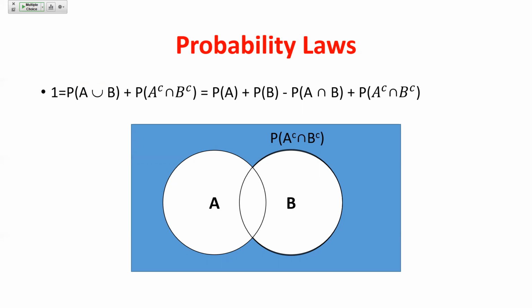That was where I had the vertical and horizontal lines, and where they overlapped was what was not in A and not in B. If you want to go back and refresh from that, you can, but for now, if you don't remember that, believe me that this blue area represents the intersection of the complements. What's the area that's in that white area? Those are just all the outcomes that are in A or in B. Or they could be in both, but they're in at least one of them. So if we take that white area, A or B, or A union B, and we add that to that blue area, which is just the intersection of our complements,